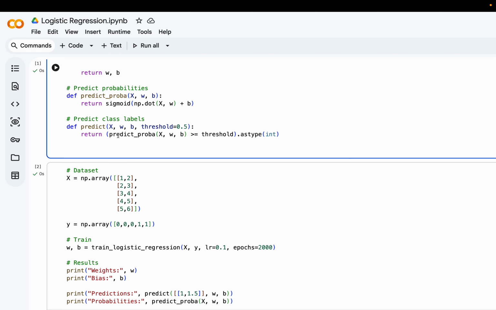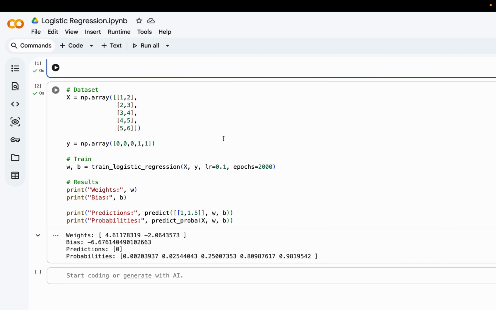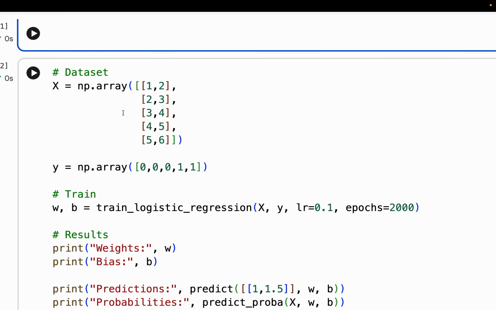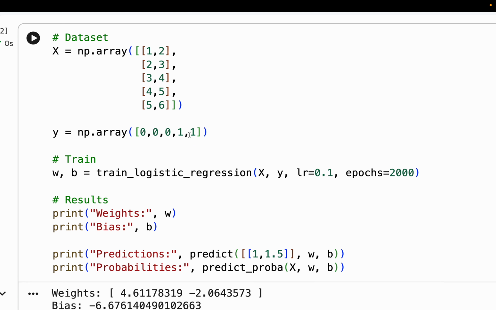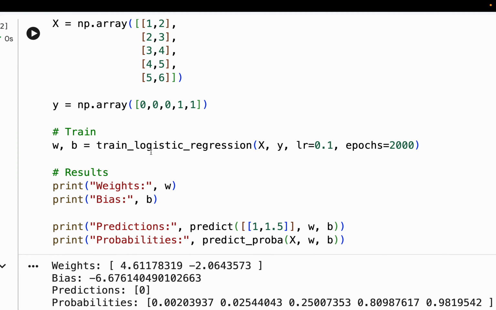We can also predict the class by using a simple threshold. If the post-activation output crosses a particular threshold, we can classify into one of the classes, either 1 or 0. So this is a test input. We are giving a 5x2 matrix as an input, and we have indicated that the first 3 belong to class 0 and the second 2 belong to class 1. So during the training stage we give both input and output, and we expect our model to train the weights, which is to find the